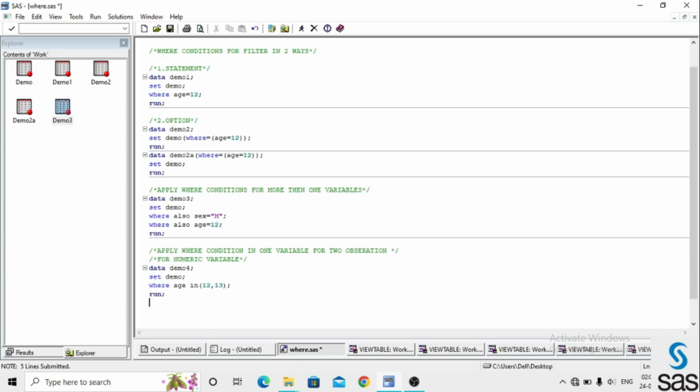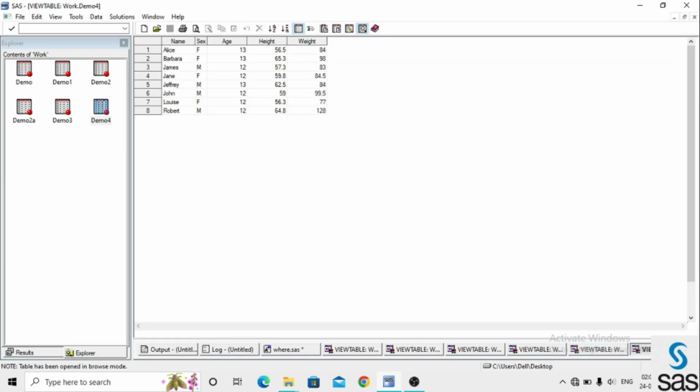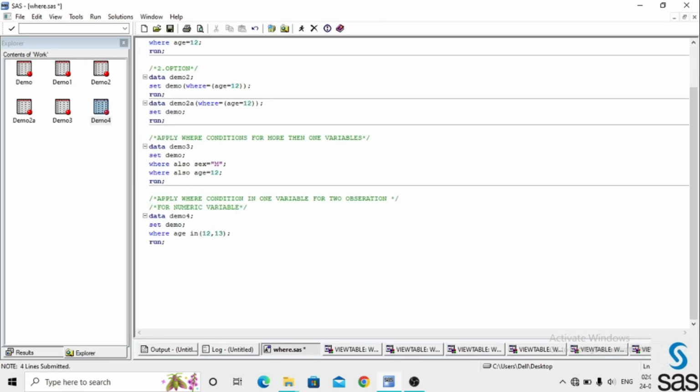Okay, and I am running this code. Before opening the dataset, check the log at once, and the log is clear, and I am opening demo4. Here, observe, we have age equals to 12 and 13. Like this, we can apply two observations on one numeric variable.